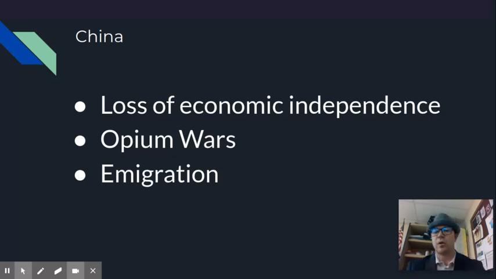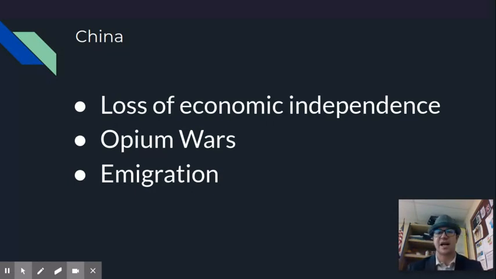There's multiple Opium Wars, and opium is a very terrible drug that's outlawed in Britain. You're not allowed to have opium in Britain, yet they're selling it to the Chinese, hooking the Chinese, and of course, the Chinese can't get enough of this drug. And when the Chinese government says, "Hey, you're doing these terrible things to our people," the British don't care, and they actually go to war with the Chinese twice, and through force of arms will force the Chinese to allow them to trade opium to their people, which really